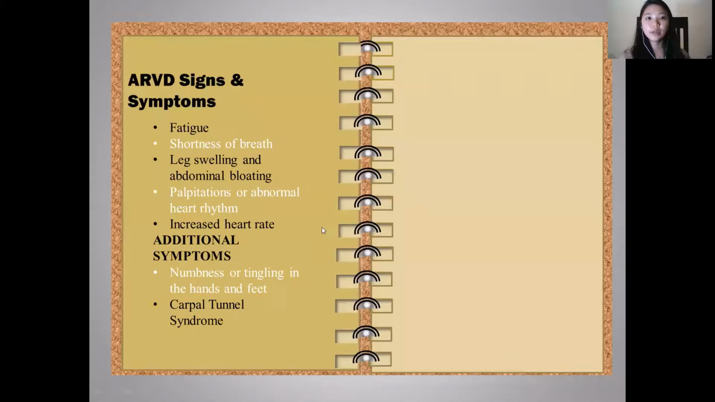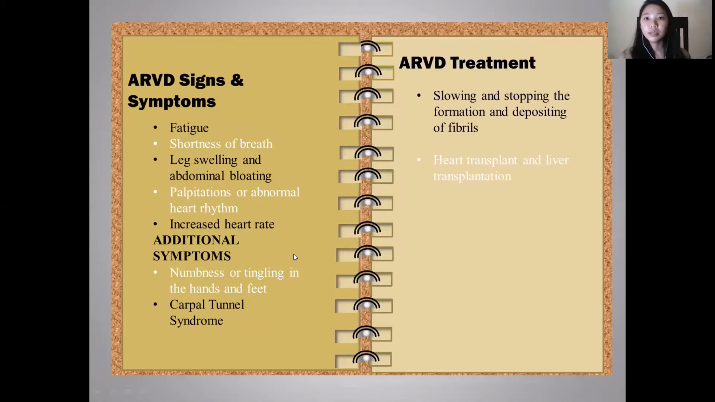So the signs and symptoms of this condition are shortness of breath, fatigue, leg swelling and abdominal bloating, palpitation or abnormal heart rhythm, increased heart rate. Additional symptoms are numbness or tingling in the hands and feet, and carpal tunnel syndrome. Treatments include slowing and stopping the formation and depositing of fibrils, heart transplant, and liver transplant, since this is metabolized by the liver,